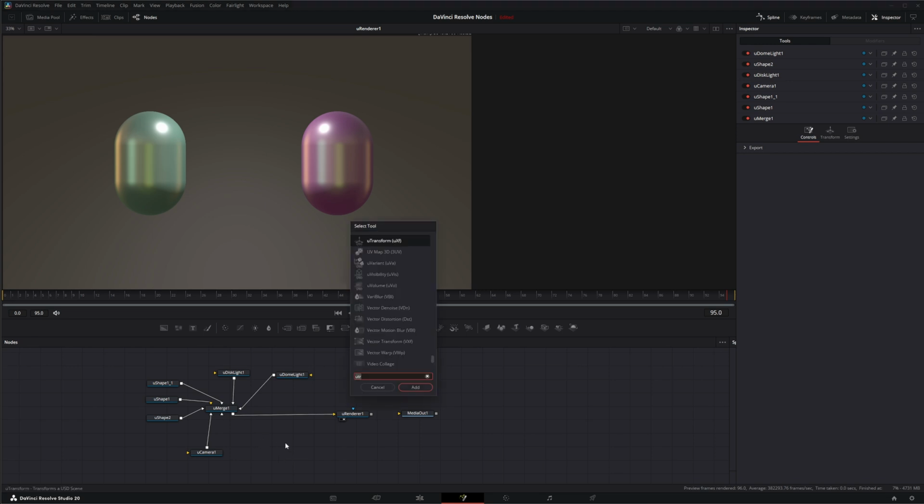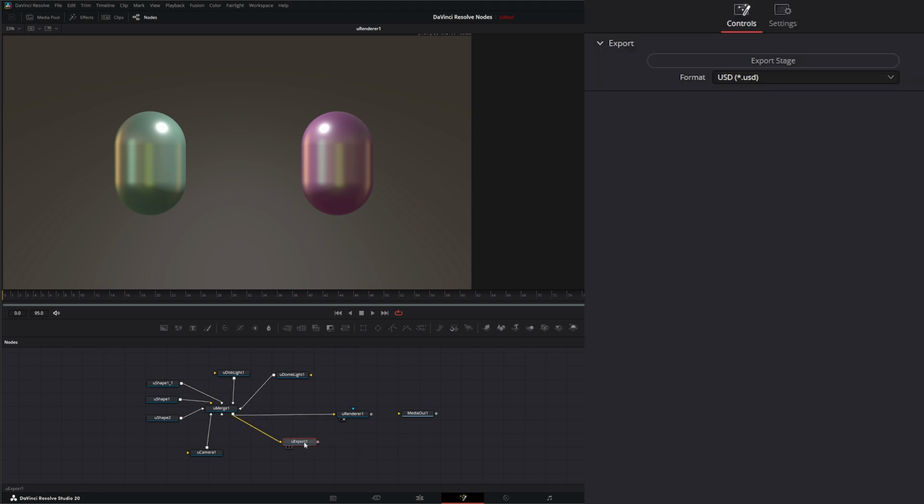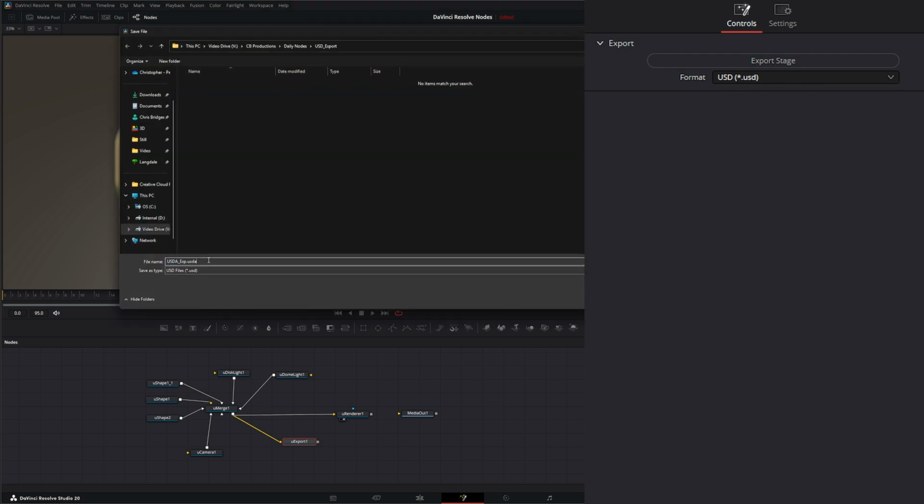So we're going to bring in a uExport, and we're going to place this after our merge. Now on the uExport node, we have the ability to export the stage and select what format. So there's your typical four formats for USDs, which is USD, USDA, USDC, and USDZ. And I'm going to go ahead and export all these out, and I'll explain what each of these are after we export. So let's go ahead and export, and I will name this USD